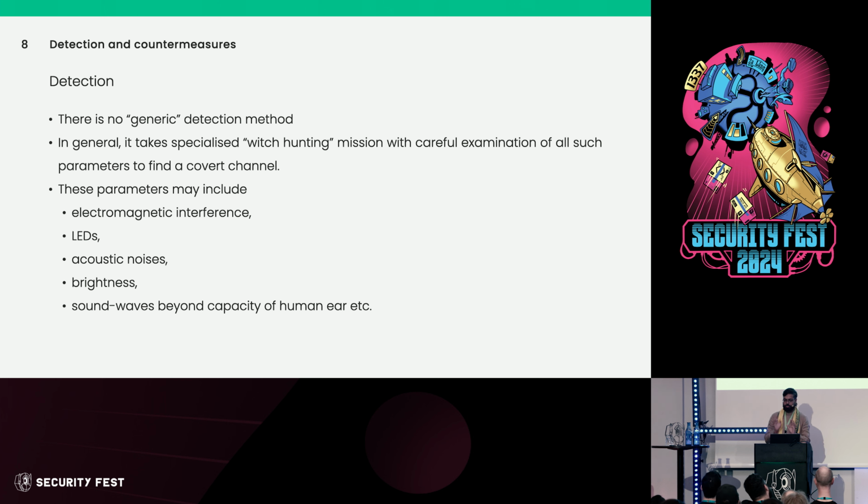Most of the time, you have to do a lot of witch hunting, which means before you try to figure out any of this, you need to figure out your threat model first. It should not be like, okay, I heard about side channel attacks, so today I am going back home to hunt for side channel attacks. Figure out your threat model. If somewhere in the threat model you see the possibility of side channel attacks being carried out against you, then and only then do you start the witch hunt.